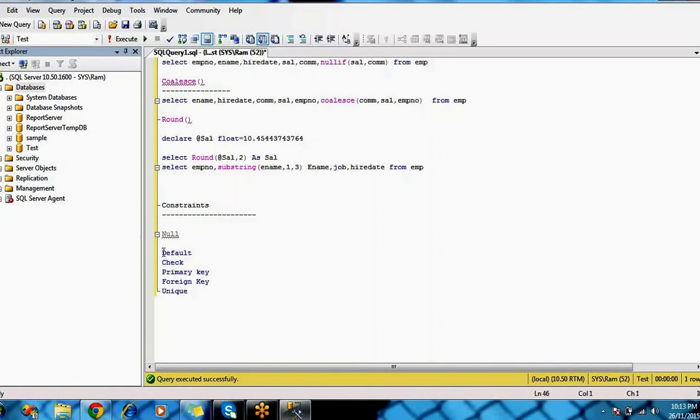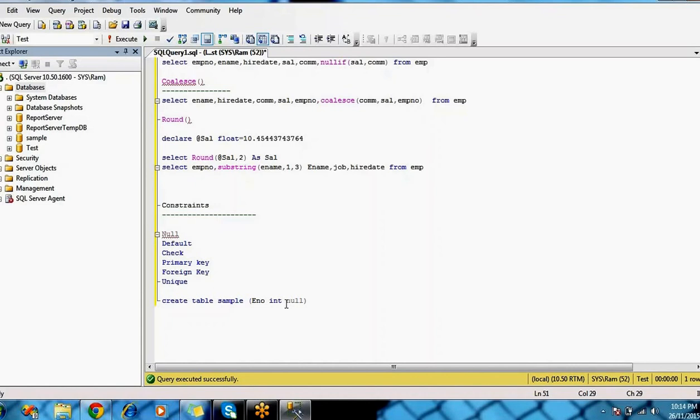Okay, so what exactly is this null constraint? I'm going to create a sample table. Create table sample, employee number integer. If you make it NULL, then it will allow null values.